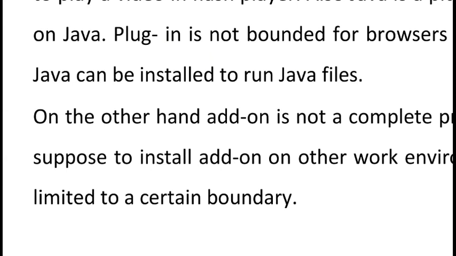Add-ons cannot be downloaded and installed in the operating system, but a plugin has two options. We can add a plugin to the web browser, or we can install it directly on our computer. But add-ons we cannot install on our computer. Add-ons are only available to the web browser.